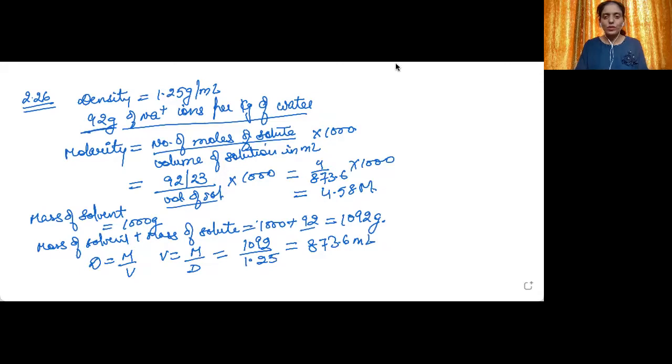Okay, so let's now move into question number 27. Question number 2.27 is, if the solubility product of copper sulfide is 6 multiplied by 10 raised to power minus 16. So KSP for copper sulfide, it has been given to be equal to 6 multiplied by 10 raised to the power minus 16. Calculate the maximum molarity of copper sulfide in aqueous solution. Maximum molarity of copper sulfide. Maximum molarity is equal to the maximum solubility.